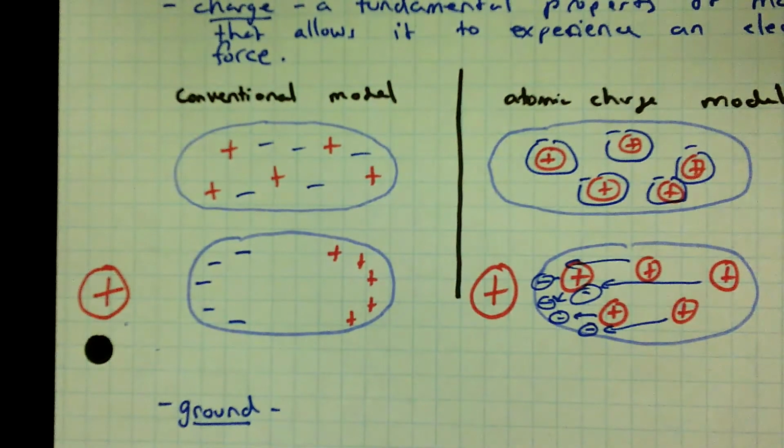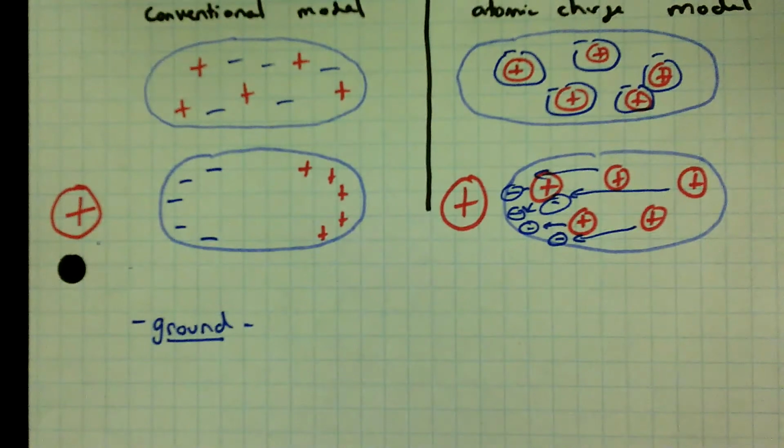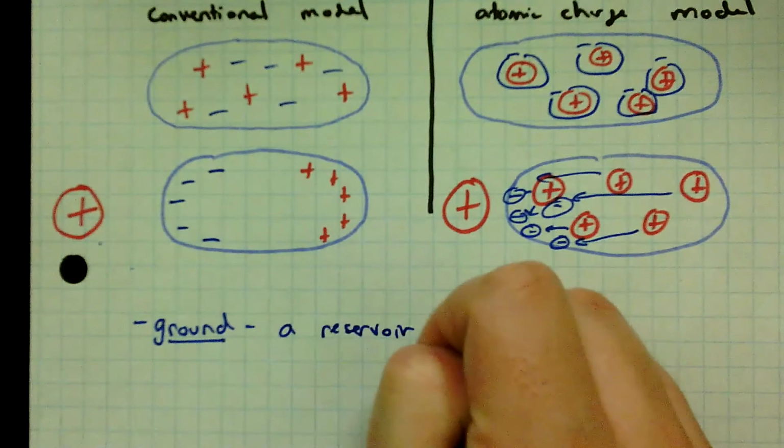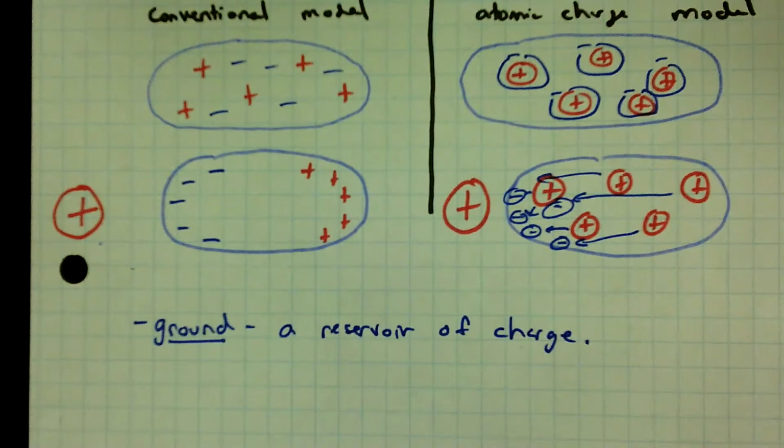Now, why do you want to do that? The reason why is from an electricity perspective. What does a ground do? A ground is a reservoir of charge. When I say reservoir of charge, what I mean is that it's so big, it's got so many positive and negative charges. The ground is neutrally charged, but it's got so many positive and negative charges that